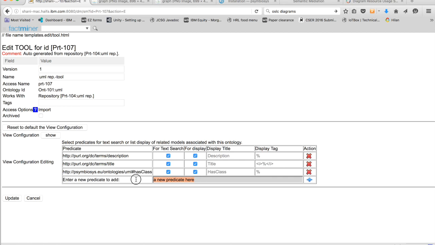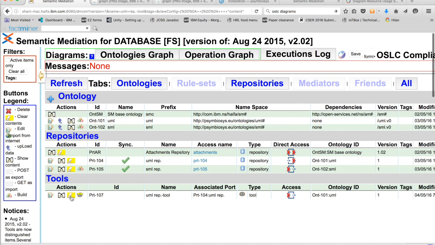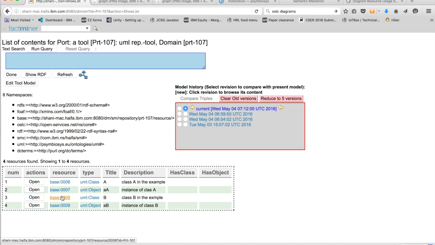We can also add the other predicate, which is has object, and mark it also for display and text search. Actually, we don't need these ones. And update. Now when we click on this book, the table view shows title, description, has class, and has object. Now when we go to edit the tool,